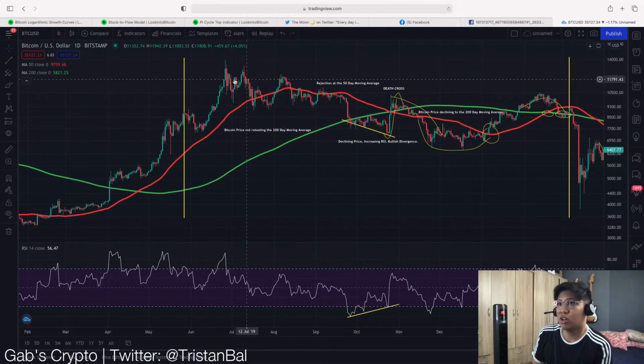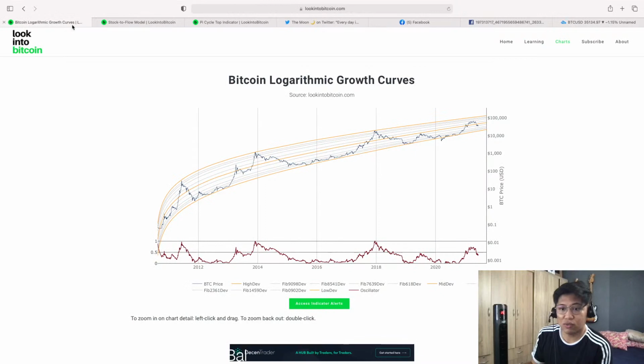Let's move on to another topic naman, which is the logarithmic growth curve. So for the logarithmic growth curve, you have been following this. If you have been in this channel for a very long time, you would now know na this logarithmic growth curve is a very good indication for us in determining the possible movement of this market cycle. Kasi every market will have this lower regression band, and then the upper regression band would indicate the market cycle top. And then the halfway point would be this Fibonacci level,